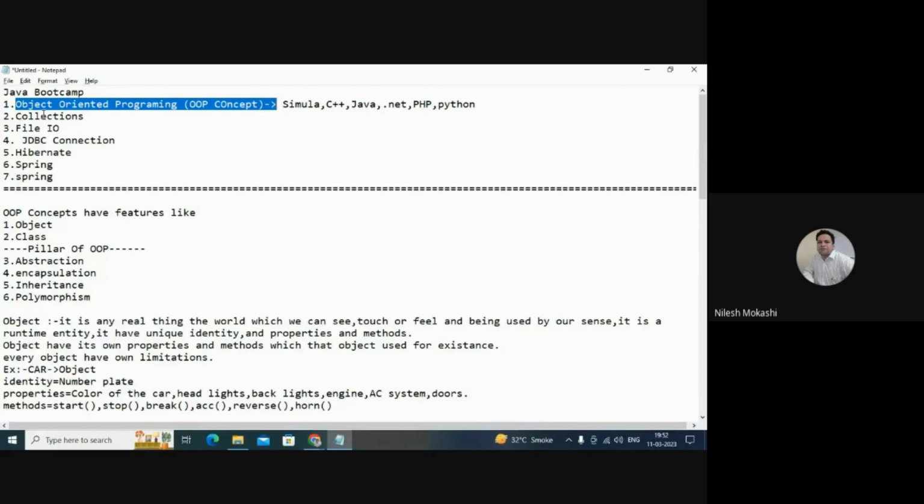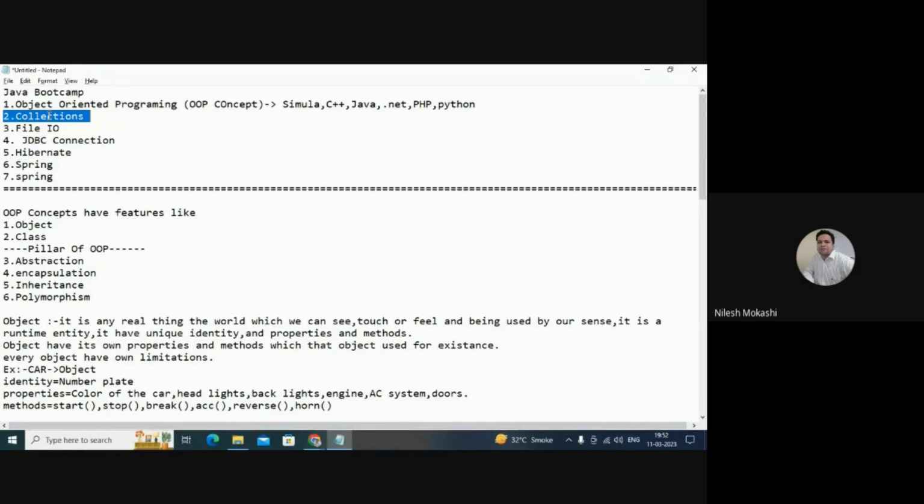Similarly, we are going to have collections tomorrow. So tomorrow we are going to see different classes of collections. For example, we have ArrayList, LinkedList, TreeSet, HashMap. These are the classes. We have Vector, right? We have Queue. So these are the classes of collections which we are going to see tomorrow. As well as we have interfaces like Set, List, Map, right? These interfaces we are also going to see, but not in detail, I'm going to show you some